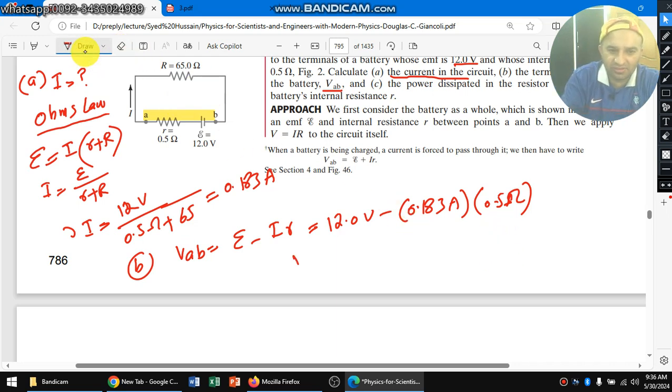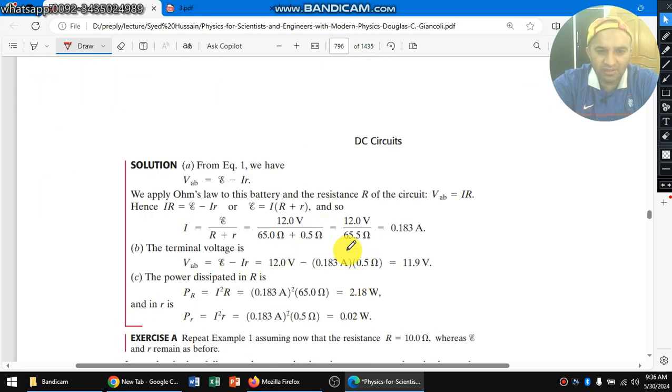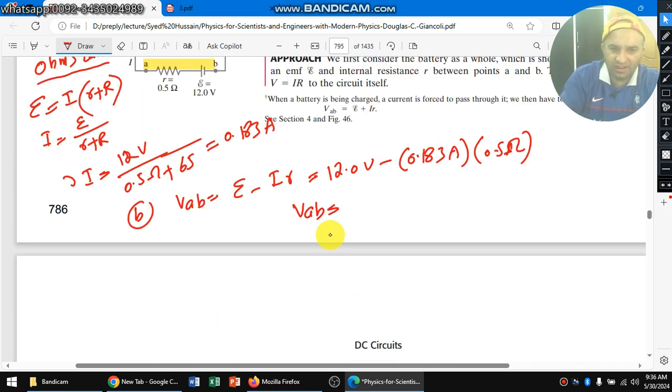So I repeat again, E is the EMF, I is the current, and small r is the internal resistance. We have all the values and we just put the values in, and we get the answer VAB equal to 11.9 volts. Now for part C,